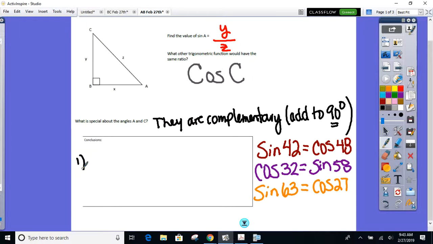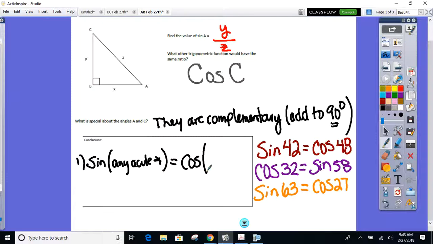We can start with sine or cosine. It doesn't matter. I'll start with the sine. The sine of any acute angle will always be equal to what? If you have an acute angle, that'll always be equal to the cosine of